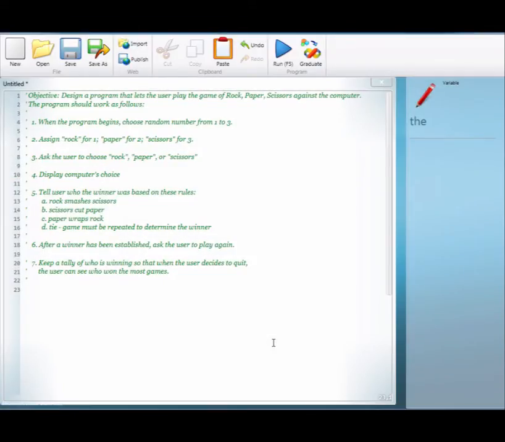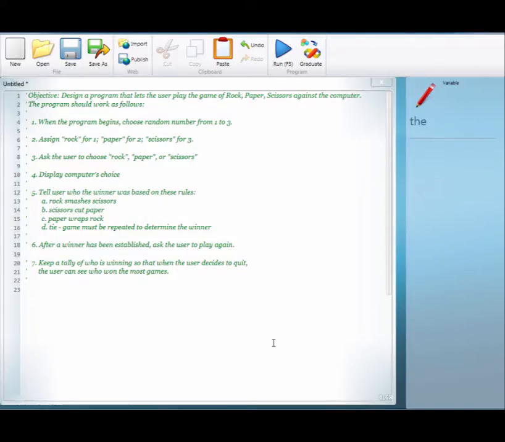Okay, so here is the program I'm going to be writing, and what I did is basically I lifted the requirements out of the book and just put them into what's going to be a program here. I put them in as comments, and I shortened them up a little bit, made them a little bit less wordy, and put them into a set of numeric steps. And so you can see here